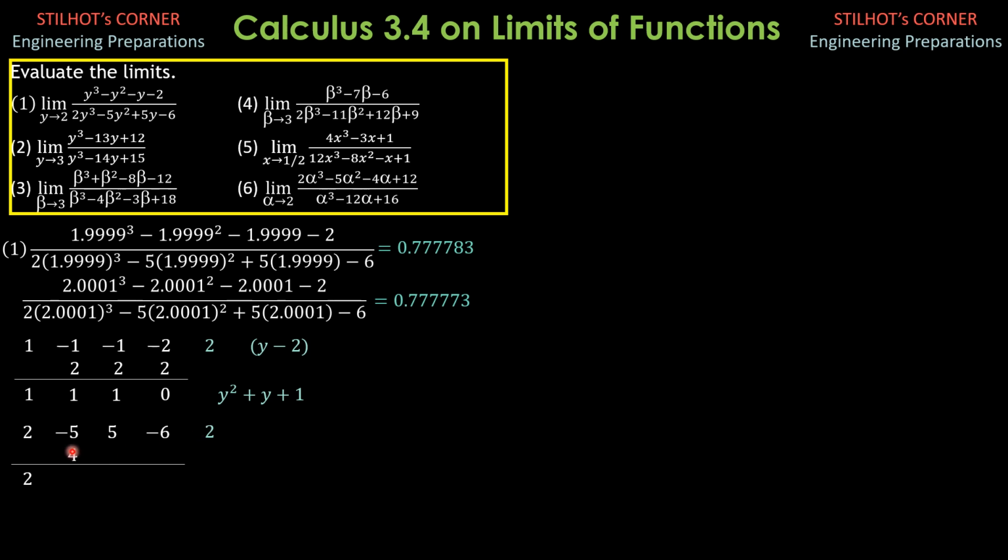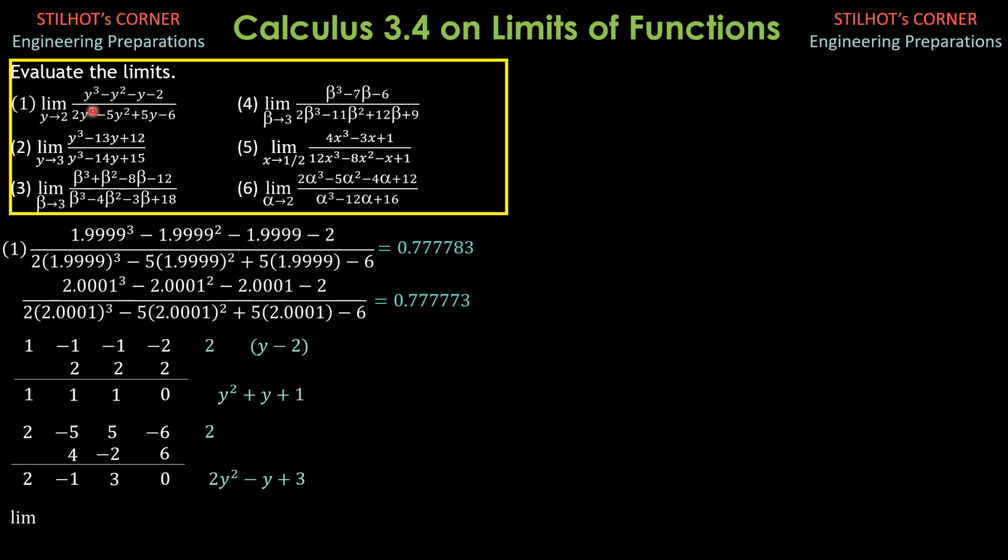So 2 times 2 is 4, add negative 1, 2 times negative 1 is negative 2, add positive 3, 2 times 3 is 6, add 0, so that means 2 is a root. These are the coefficients of the quotient, which is 2y squared minus y plus 3, so we leave it that way also. When y approaches 2, 2 times 2 squared is 8, minus 2 is 6, plus 3, 9. So it's no longer approaching 0.